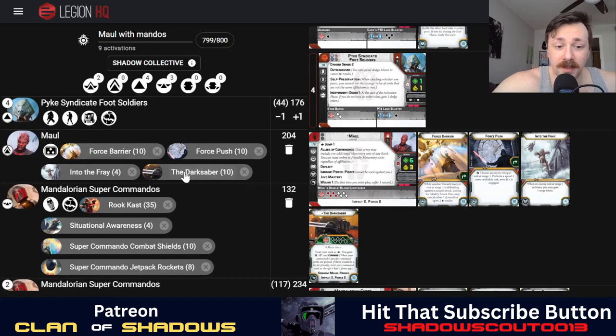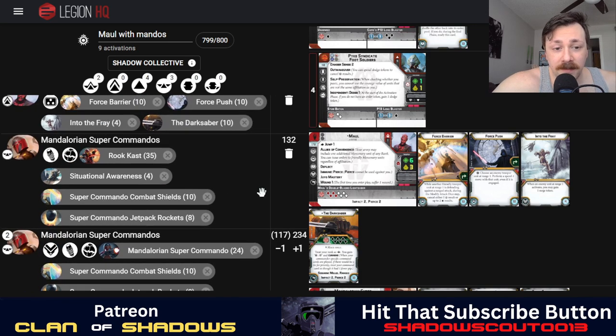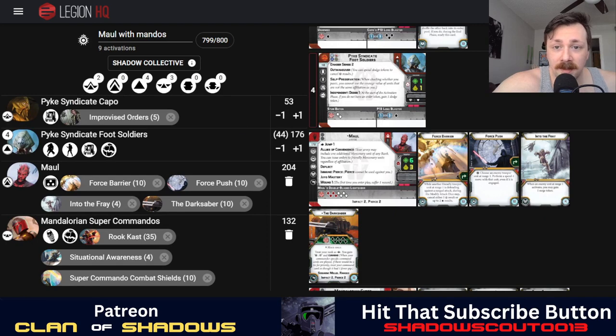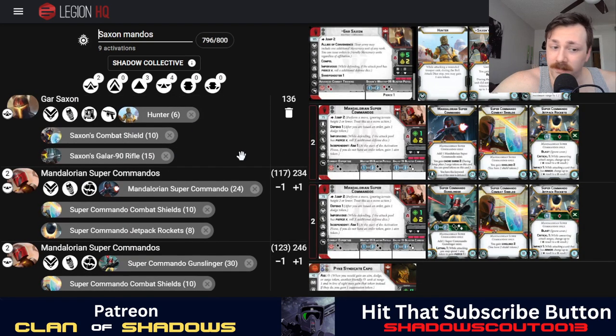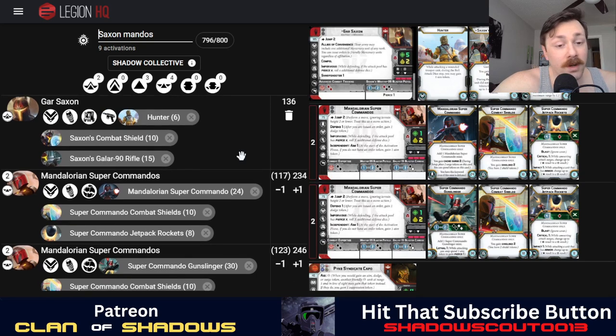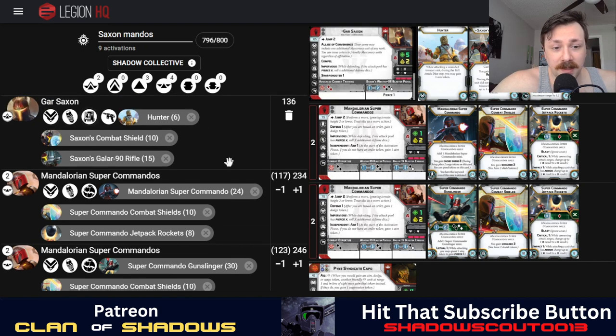And with this one, he's got the Darksaber, so again, he's Courage 3 with these Commandos, and he can lead them safely however he needs. And then lastly, we have just Gar Saxon with 4 Mando units. So we're not quite at 800, which is really, really nice, but we made Gar Saxon a little bit more